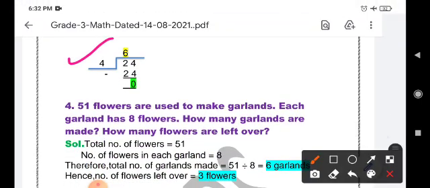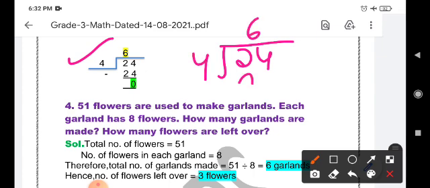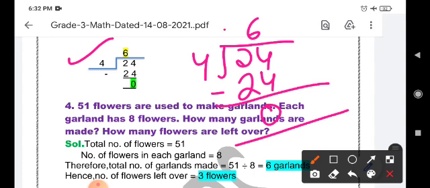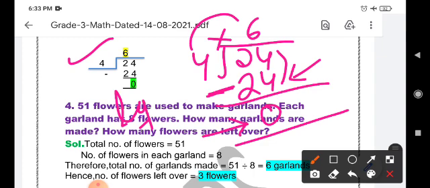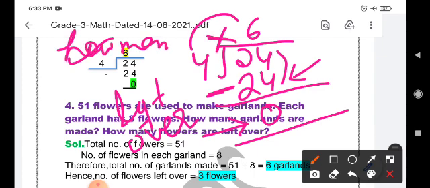As it is shown here. 24 divided by 4. 4 6s are 24. So 24 minus 24 is 0. So what we did, we multiplied these two numbers in order to get this number, and we subtracted these two numbers in order to get 0. That is, leftover is the keyword because we used subtraction here and we used multiplication here. Multiplication has the keyword how many. This gives us the notion that we are using division in this question.